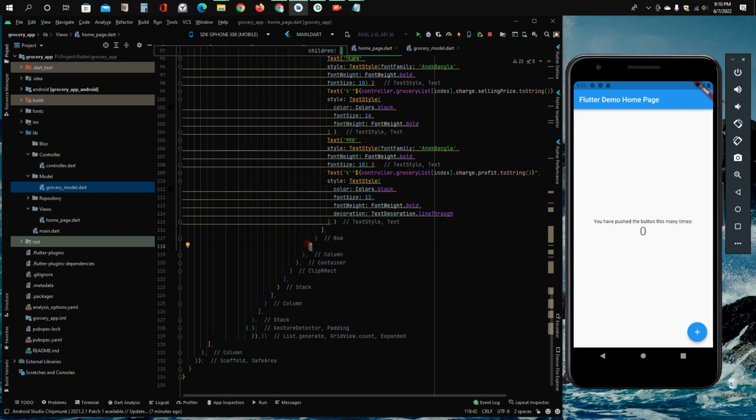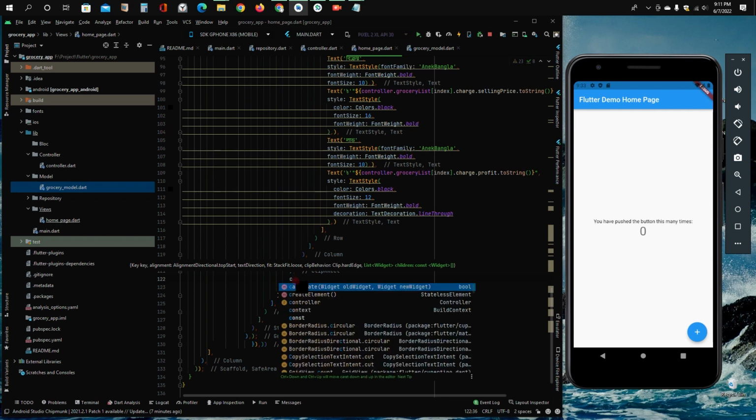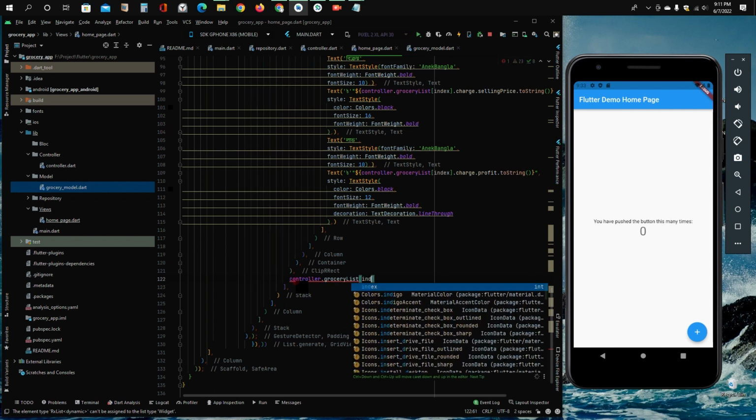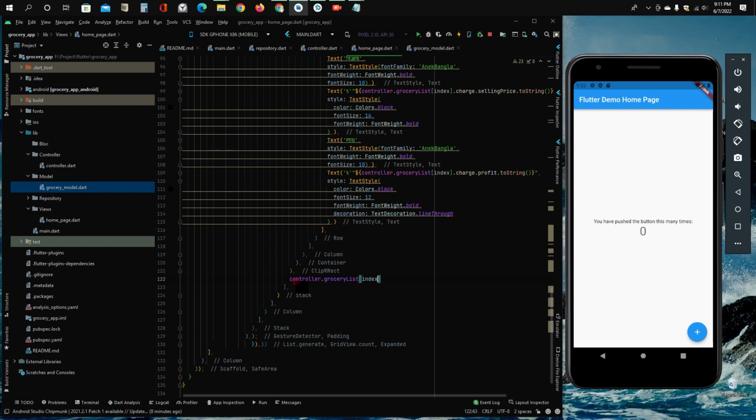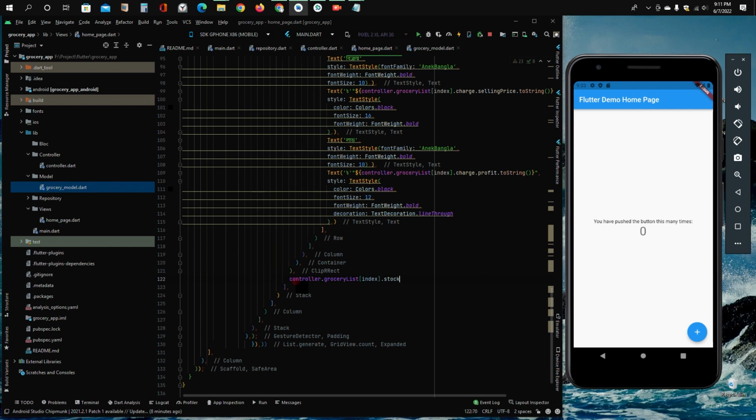We will say controller dot grocery list, then index, then dot stock not equal 0. If that is true, then we will do nothing right here. But if that is 0,